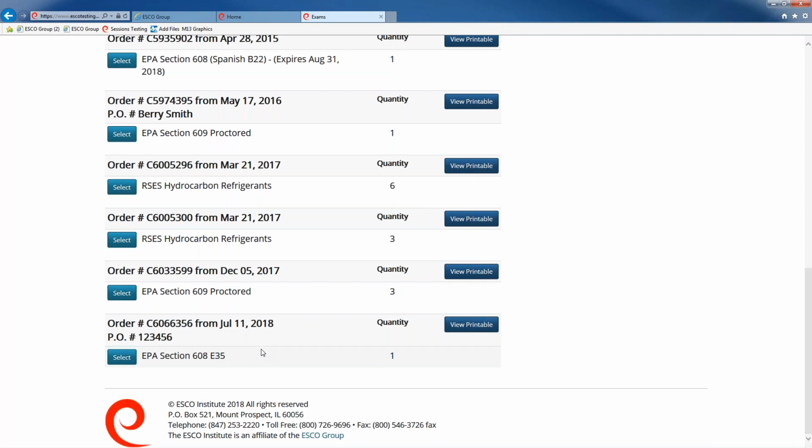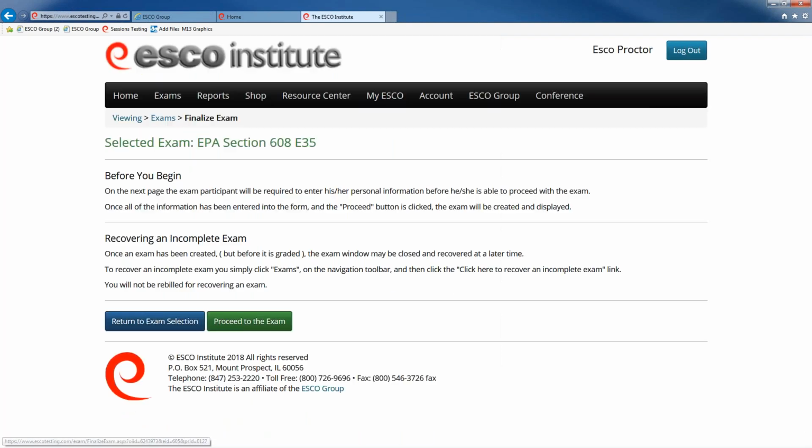In order to start an exam, we have the traditional way, and this is still recommended if you're going to test one candidate. You can hit the light blue select button next to the exam credit, and a screen pops up that says you've selected exam EPA Section 608 E35 before you begin.